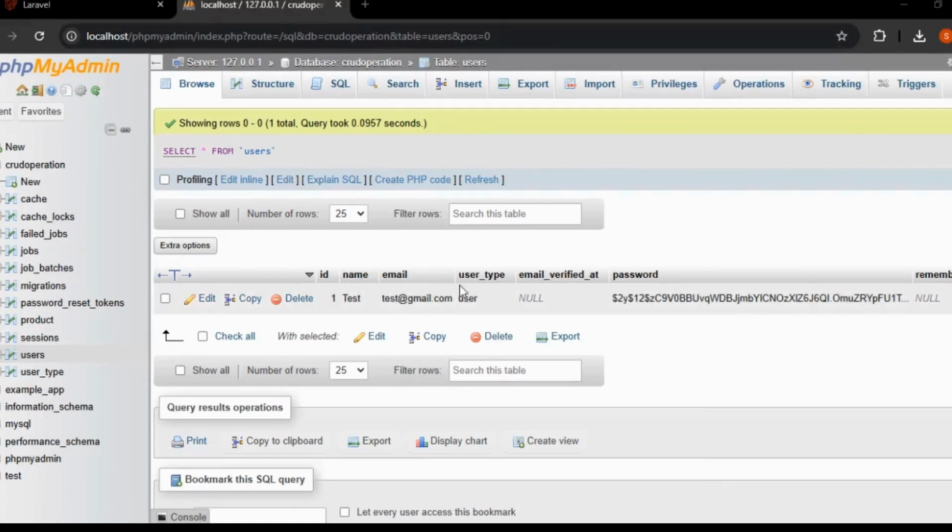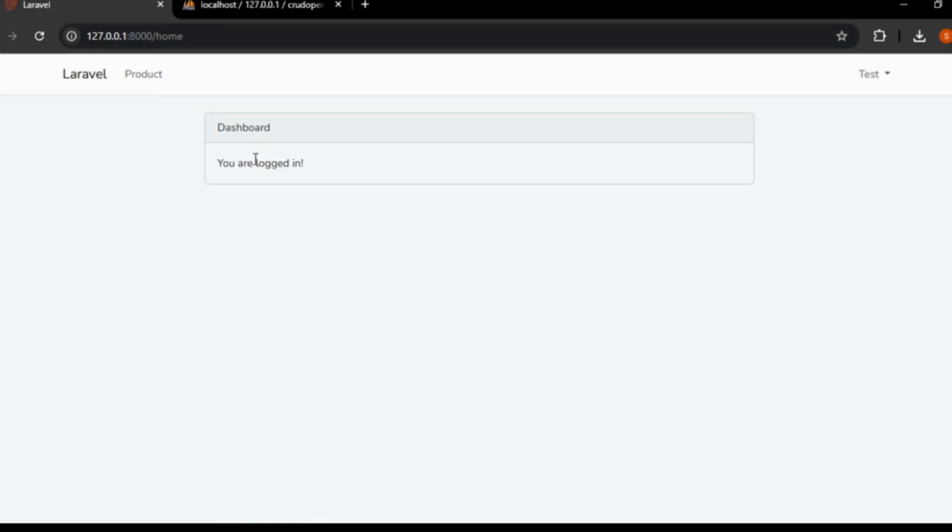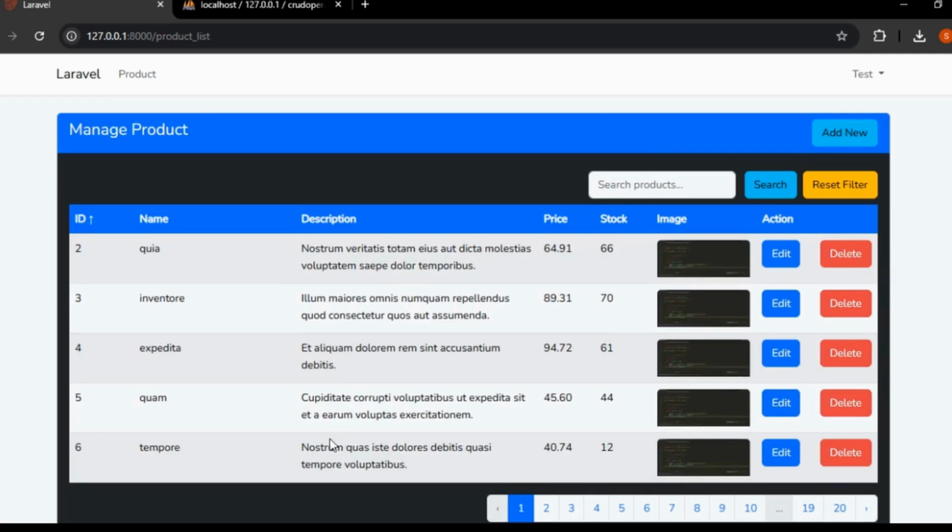We have set user types for each user. When a user logs in as a role user, admin, employee, or super admin, we must assign authentication restriction to access the dashboard and product details on each user's type. To do this, we need to create middleware to restrict routes according to the user type.